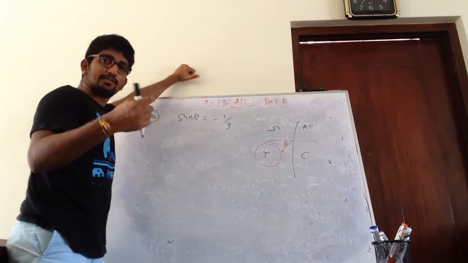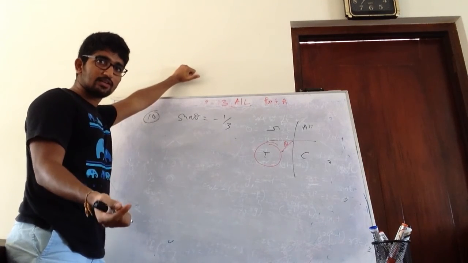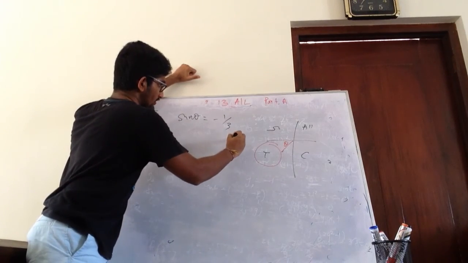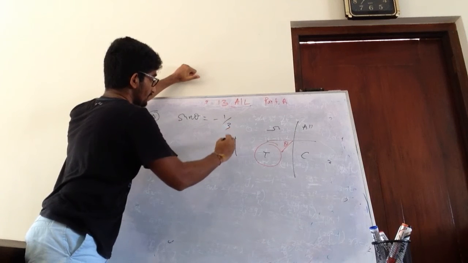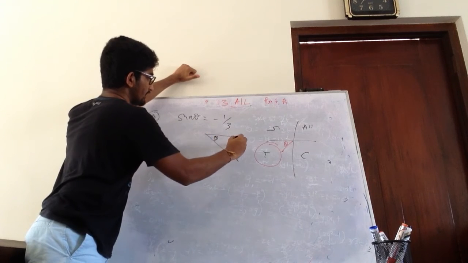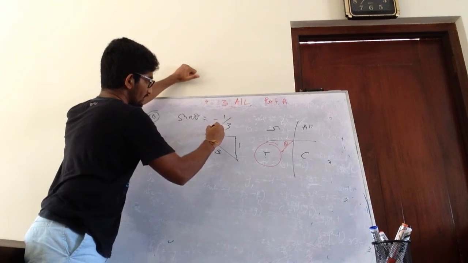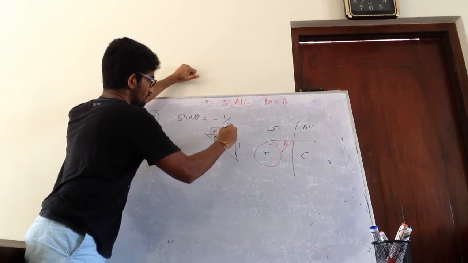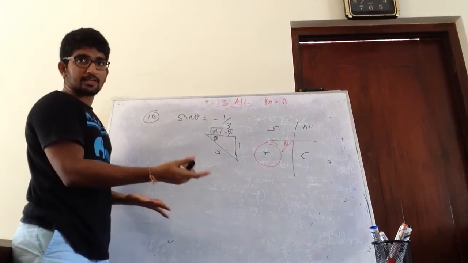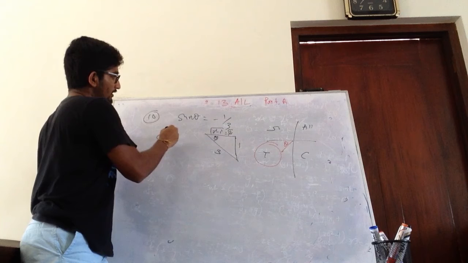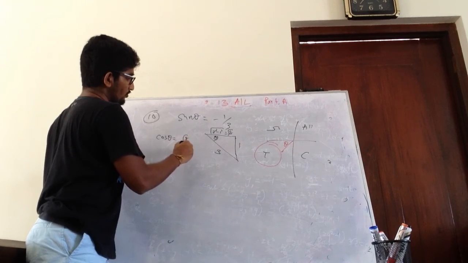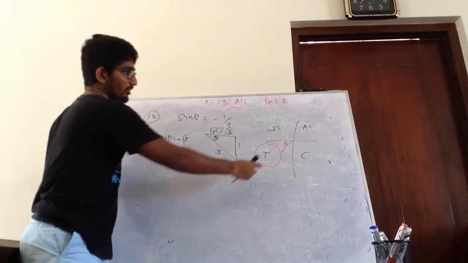you can actually go from sin square theta plus cos square theta equals 1, but actually I don't think it's very necessary. Basically you can draw a triangle, right? And then consider this as theta. This is 1 and this is 3. So you will get 3 square minus 1 square, you will get square root of 8. Right? So this is sufficient. But remember the sign, right? So cos theta will be square root of 8 over 3, but minus, because it's here,